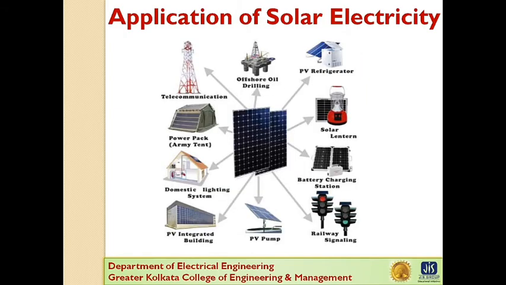Next is the application of the solar system. A solar electric power generation system is useful for producing a moderate amount of power. The system works as long as there is a good intensity of natural sunlight. The place where solar modules are installed should be free from obstacles such as trees and buildings, otherwise there will be shade on the solar panel which affects the performance of the system.